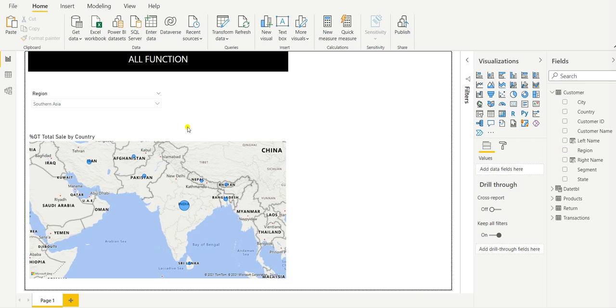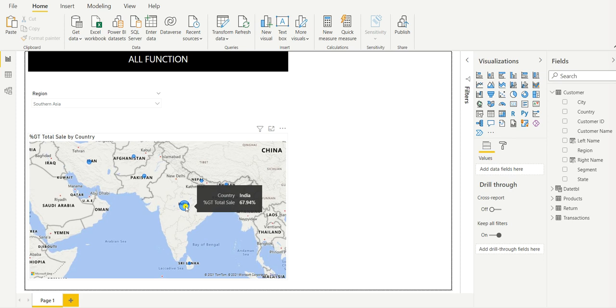What is the sale of Southern Asia? Here if we see, India is now showing 67% of the total sale of Southern Asia. Earlier it was showing 4.64, which was the total sale of entire countries around the world. Now we have filtered Southern Asia. That is why it is showing only the value of Southern Asia.